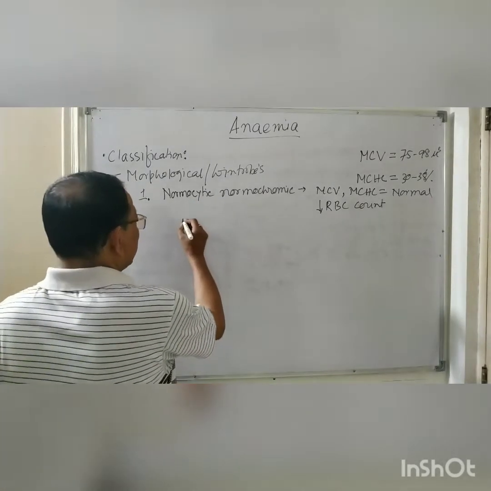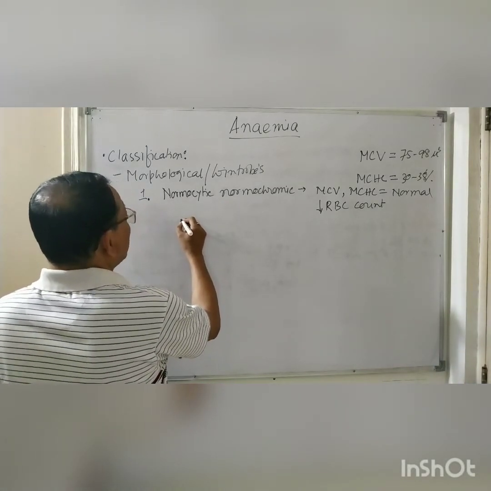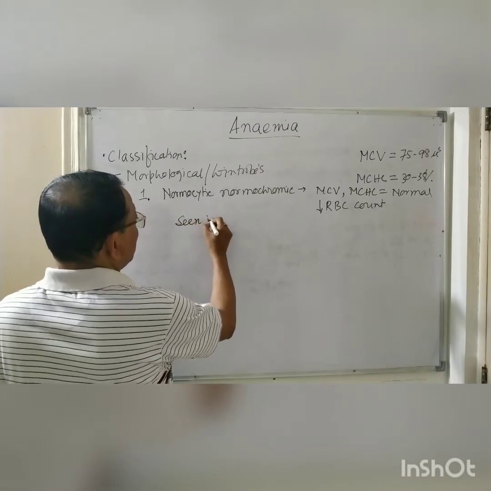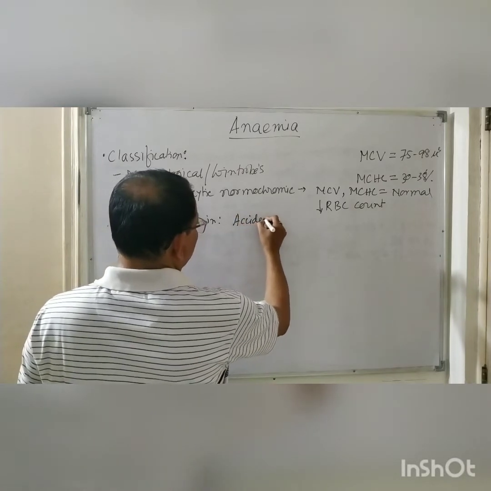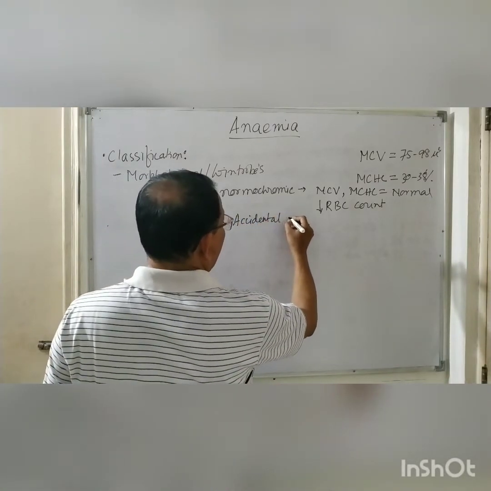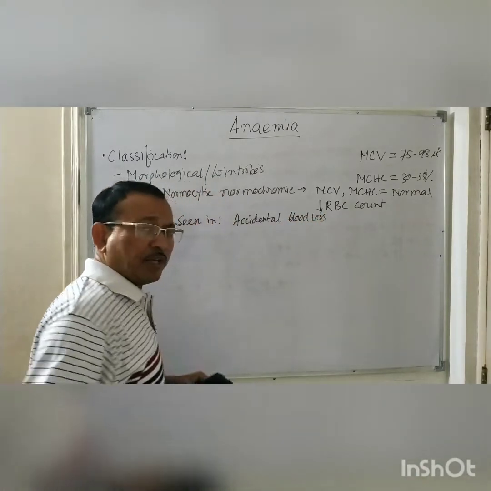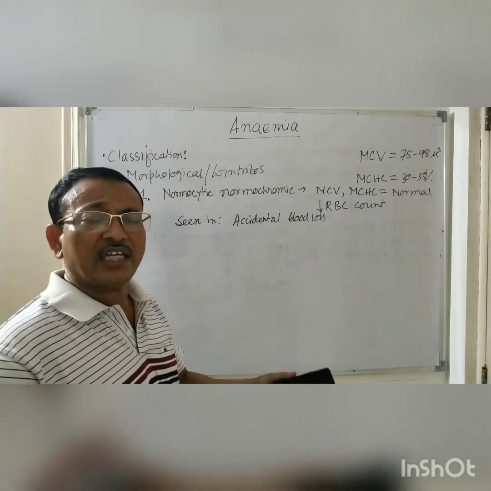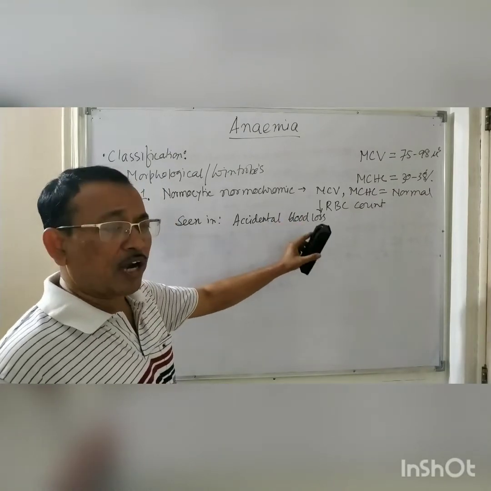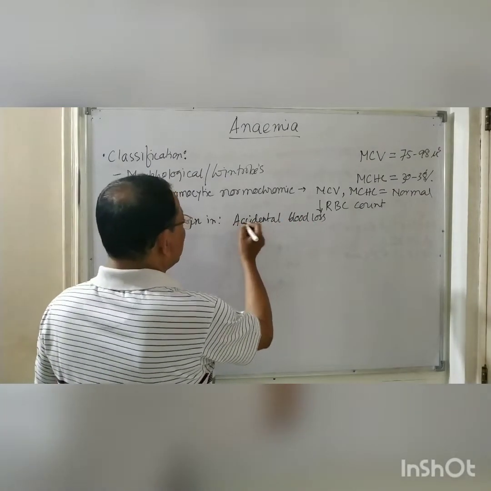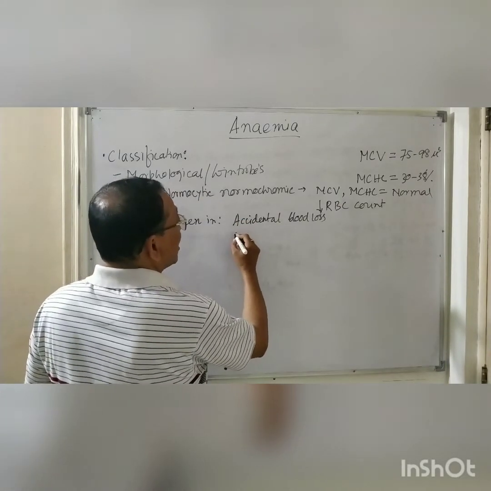This type of normocytic normochromic anemia is seen, number one, in accidental blood loss. Any type of acute accidental blood loss is known as blood loss anemia. It can be because of an injury, it can be because of surgery. So in blood loss anemia or accidental blood loss, normocytic normochromic can be seen. The second one is